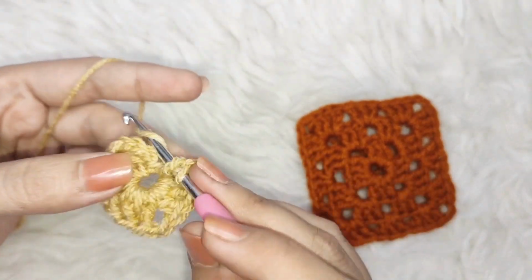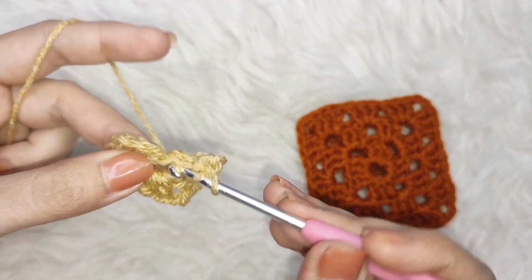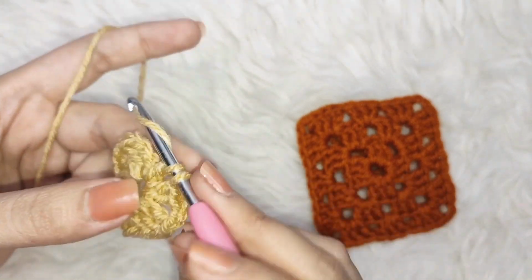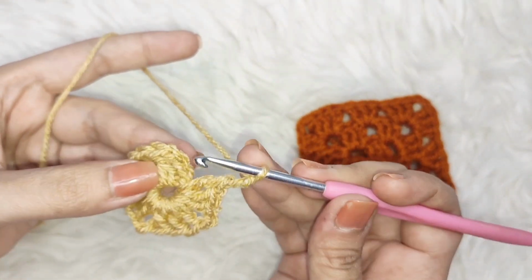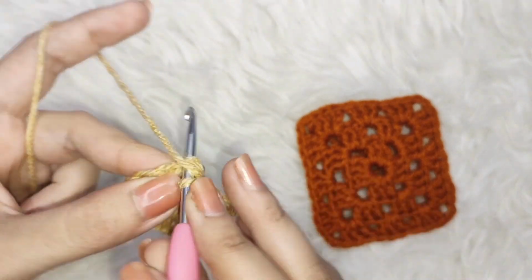So 1 2 and 3. Now here I have to make another corner, so chain 2 and slip stitch into this third chain over here. Okay,